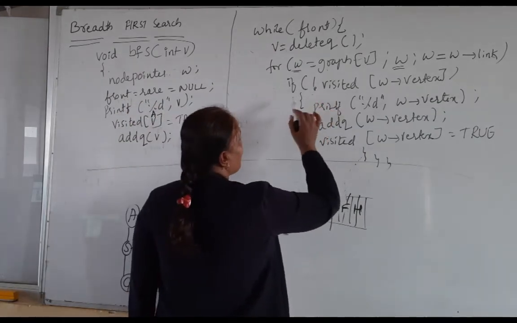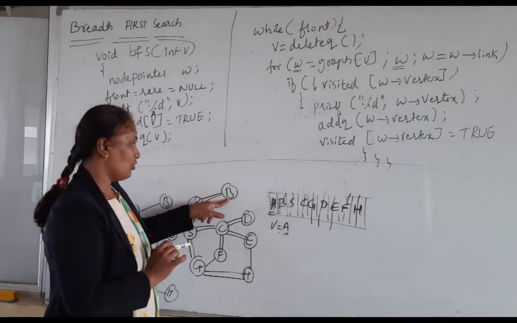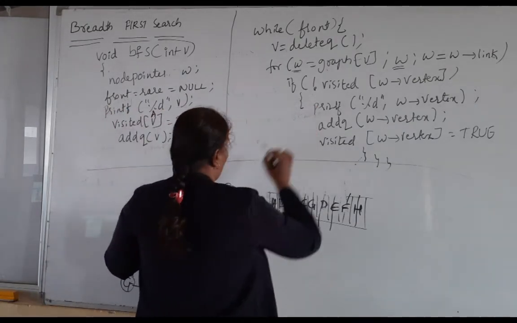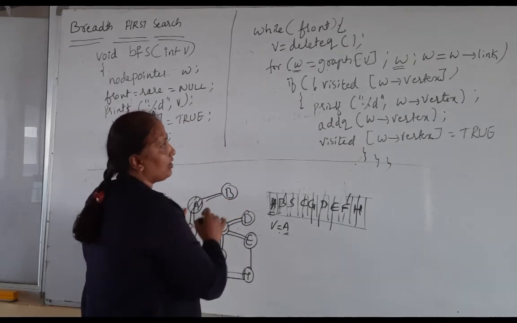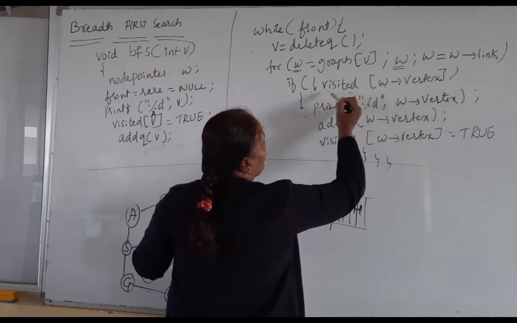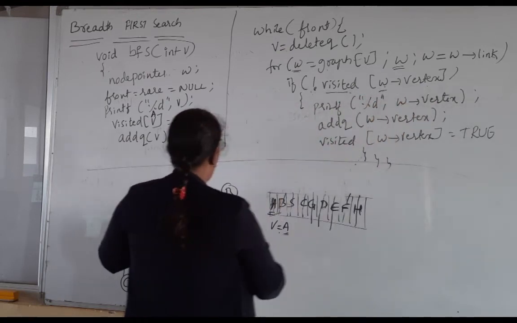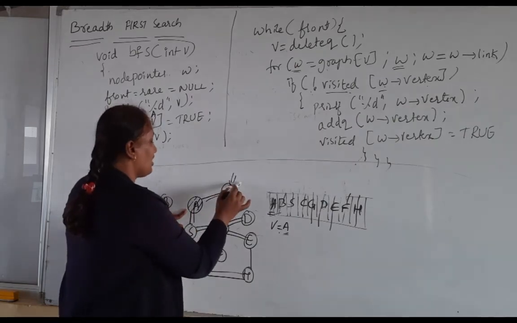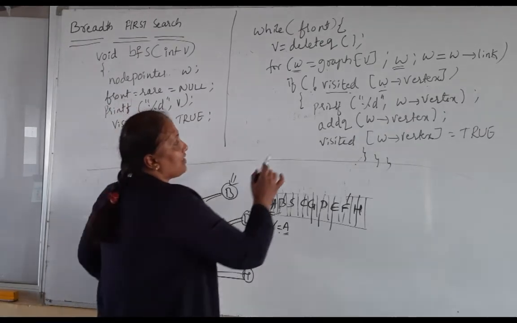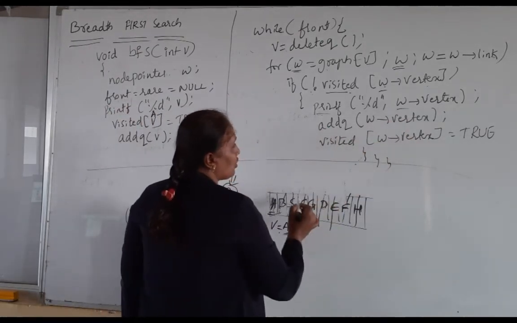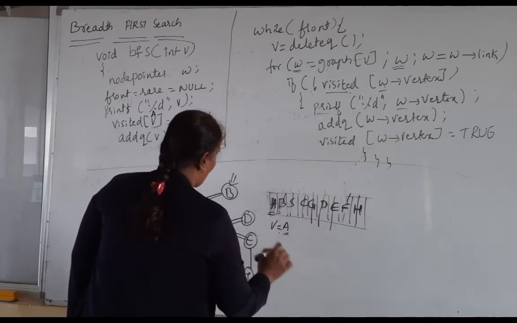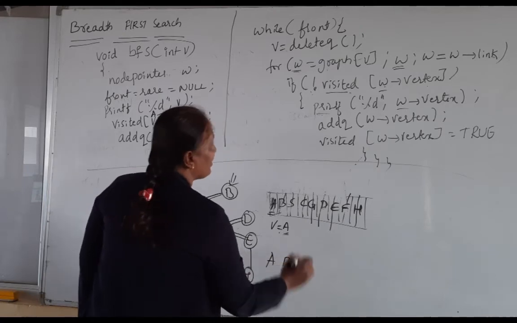So first you find out the graph of the visited vertex. You are going to check whether the neighbors are visited or not. If it is not visited, then you are going to visit that. So visited equal to the W vertex. You are going to visit B and S, because these are not yet visited. Next, you are going to print those vertices. So what are you going to print? First you are going to print A, then you are going to print B and S.